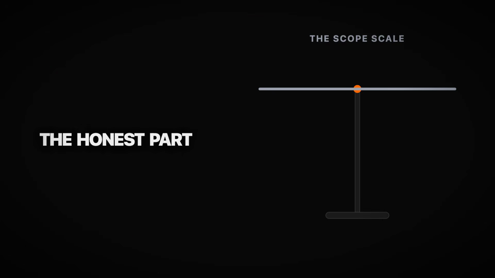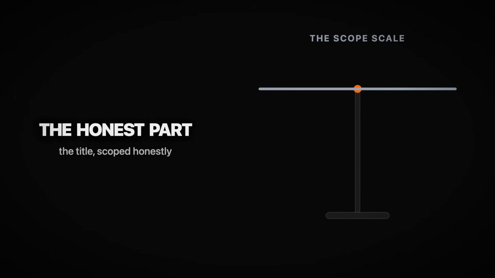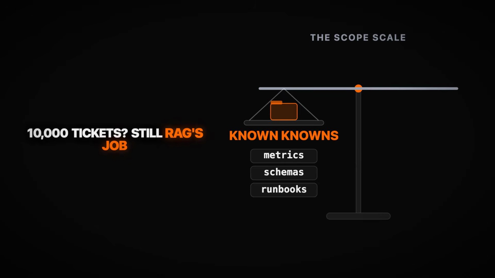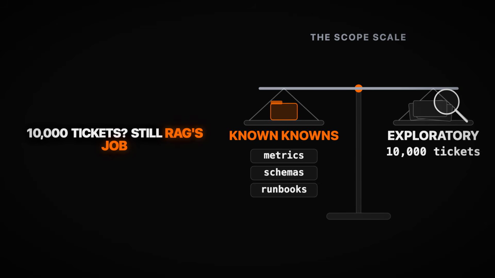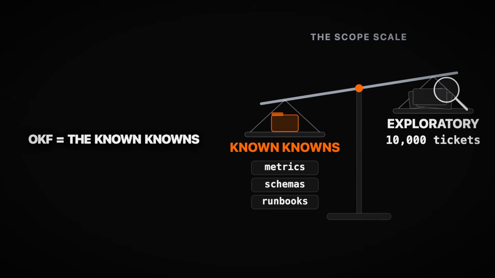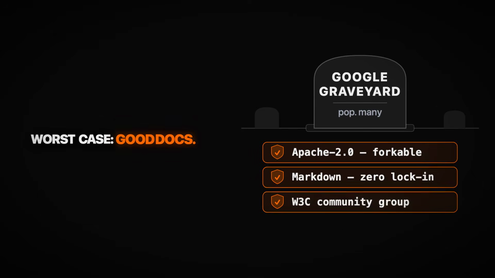Now, the caveats, because the title says it replaces your RAG stack. And that's true for exactly 1 slice. Curated, stable knowledge. Google's own FAQ is explicit. Searching 10,000 support tickets is still RAG's job. OKF is for the known knowns. And yes, this is a draft spec, version 0.1, from the company that runs a famous product graveyard. The hedge is real though. It's Apache licensed, it's plain Markdown, and worst case you're left holding